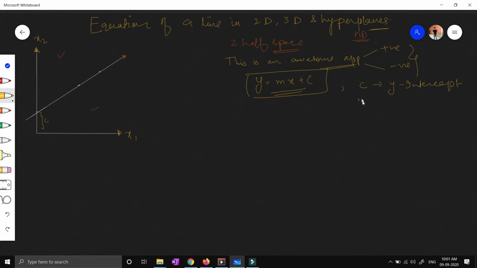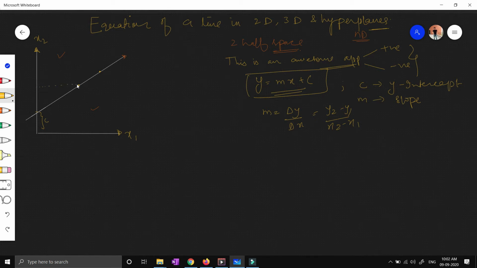Now what is m? M is the slope of a line, right? It is denoted by m equals delta y by delta x, or you can say (y2 minus y1) upon (x2 minus x1). Okay, so let me tell you what slope is. The slope of a line tells us how steep our line is, right? So if I have to see the steepness of a line, then I'll check its slope, right? You can see over here, this is the 1st point on the line and this is the 2nd point on the line. Now I have to calculate its slope, right?